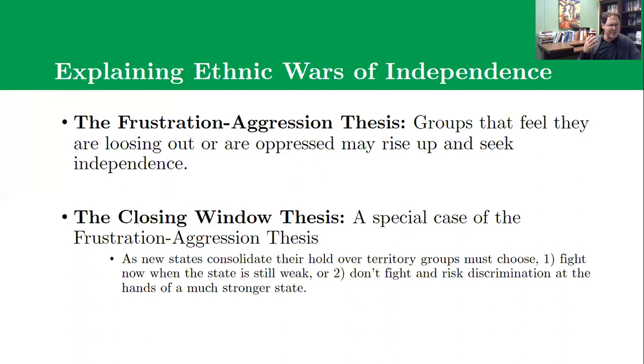And again, this is one of these things that seems really intuitive. It seems to make sense. But when we look at the data, it doesn't actually do a good job of explaining why people rise up. In fact, when we crunch the numbers, it turns out the people with the most grievances, the people who are the most oppressed, the people at the bottom of the economic and political and social totem pole, rarely, if ever, rise up. The vast majority of agitation against the system tends to come from people who are at the level of having education and resources and connections, having power and privilege, but not being quite able to break through into that elite sphere and feeling sort of boxed out.